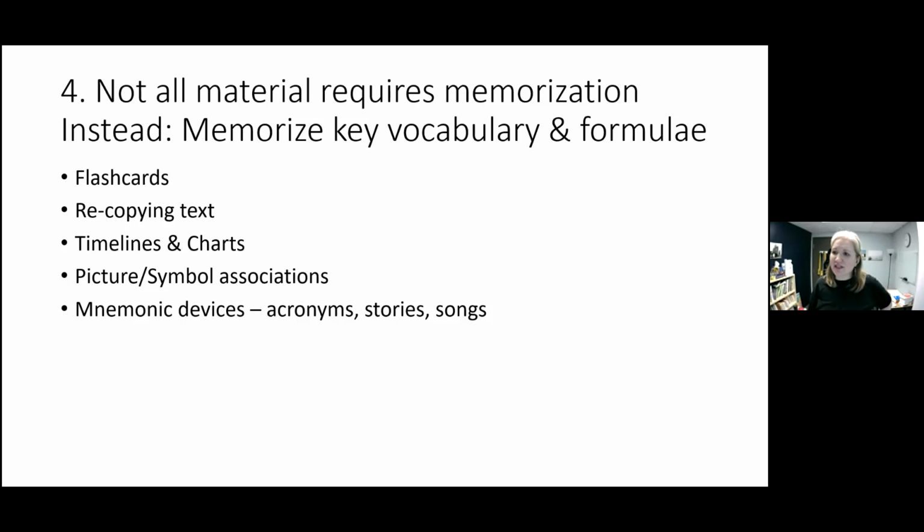Really be selective on the stuff you feel you need to memorize. I'm not necessarily someone who believes that you should memorize a lot of things, but I know there's some courses where you just need to do some memory work. So think about what requires that attention and don't worry about it for other stuff. So think about maybe the key vocabulary or the formulae that you kind of need to know,